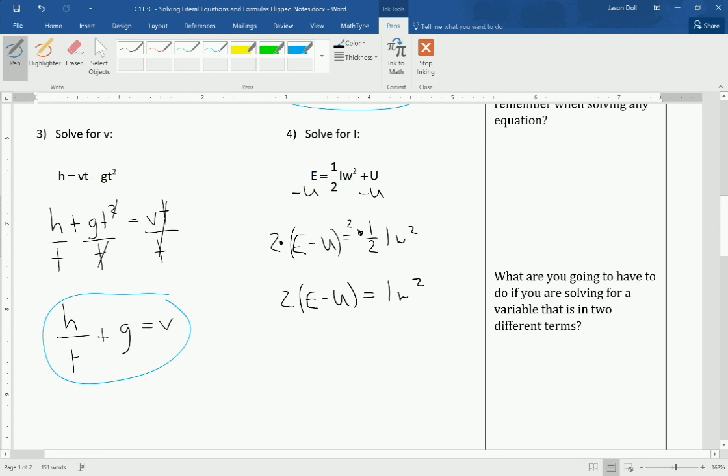All right. Then I can divide by W squared to get rid of that. And we have 2 times the quantity E minus U